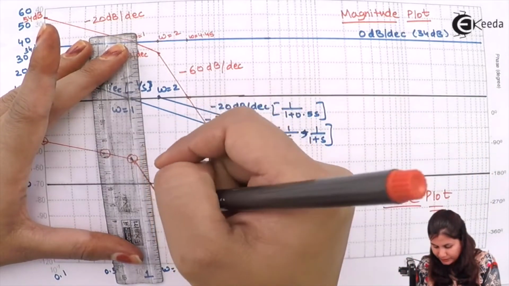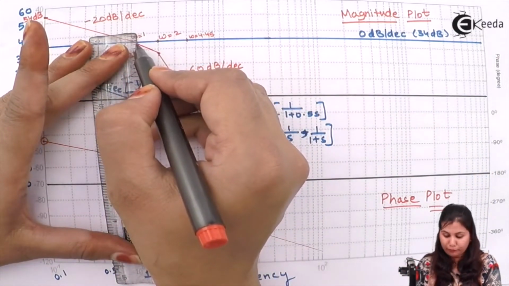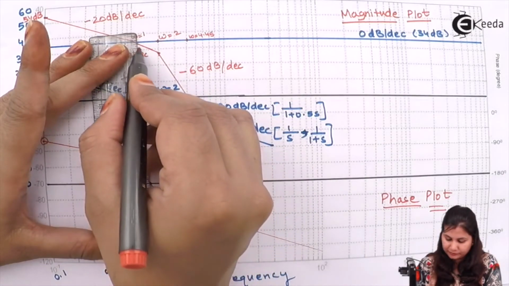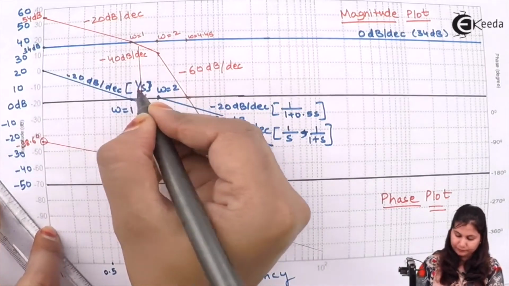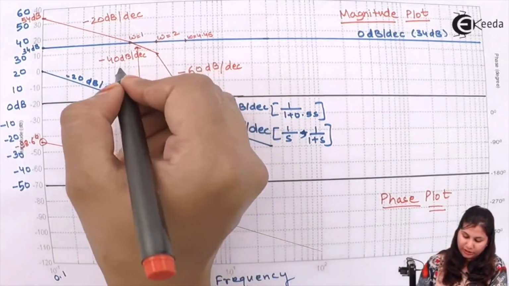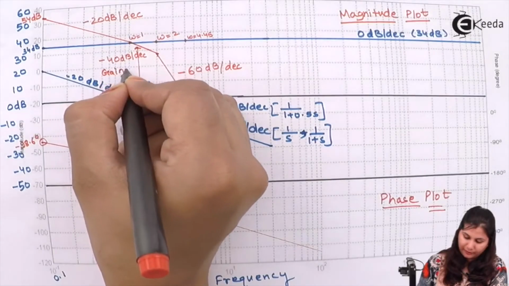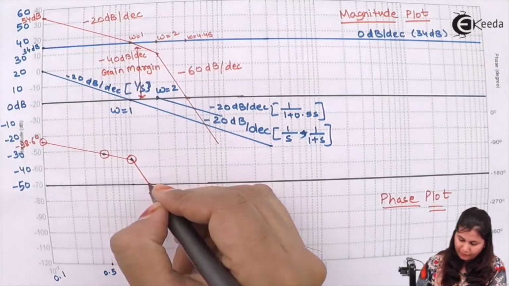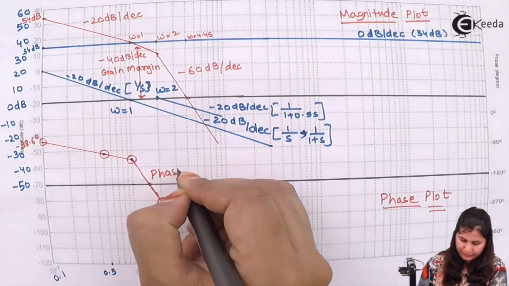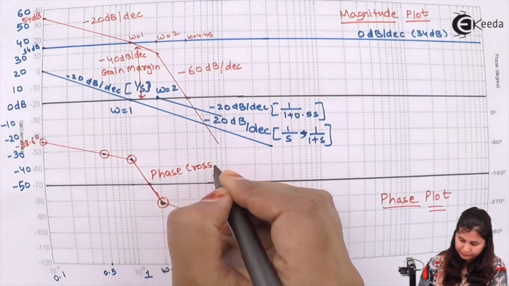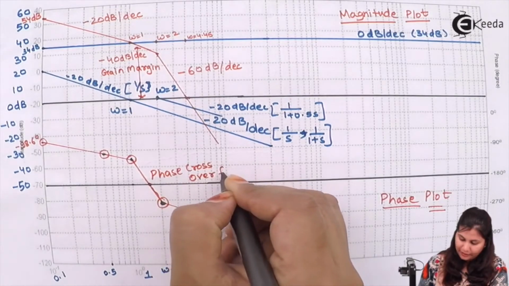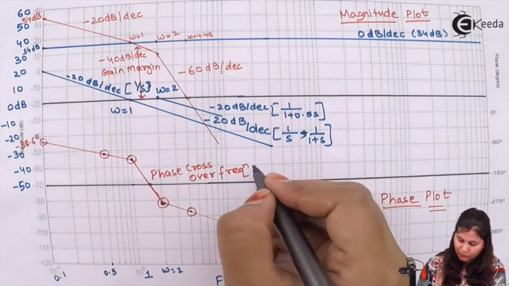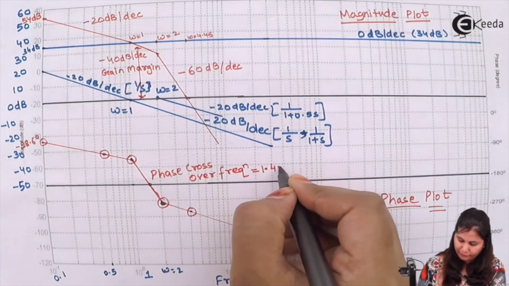At this frequency, the difference of the magnitude plot from the 0 dB line is the gain margin. So this is the difference, this is the gain margin, and the frequency is the phase crossover frequency. When we calculate this frequency through this scale, the phase crossover frequency comes out to be 1.4 radians